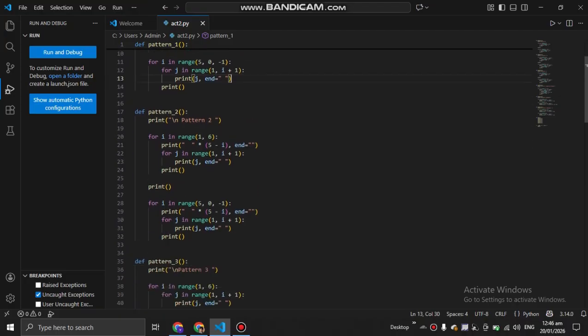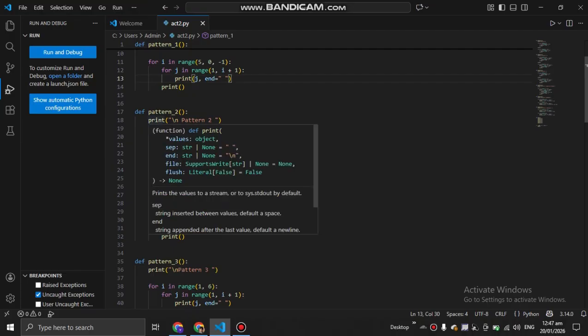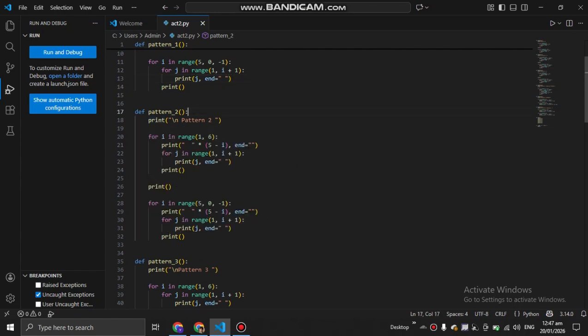So we have here pattern 2. Pattern 2 is like functions. The first part of pattern 2 is the right-aligned increasing pattern. So this is for i in range 1 to 6, then print blank space times open and close parenthesis 5 minus i, and blank space, i. So in this line we print the spaces